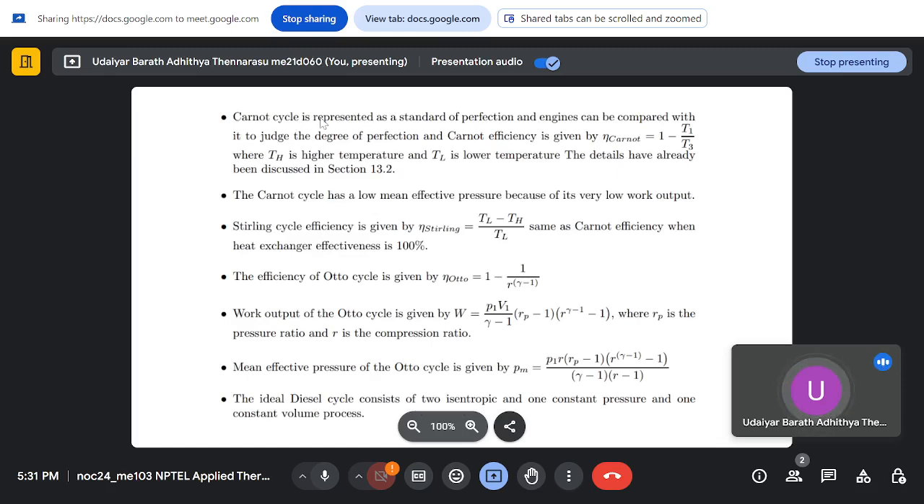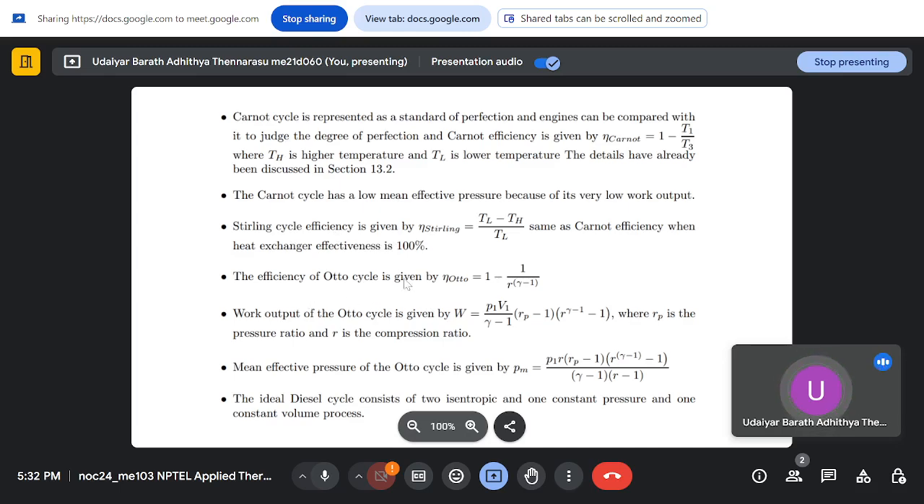So Carnot cycle is represented as the standard of perfection in engines. So that efficiency is given as 1 minus T1 by T3, so heat rejection by heat addition. The Carnot cycle has a low mean effective pressure because of its very low work output. So basically for the Carnot ideal cycle, your work output will be very less, even though efficiency is high. So Stirling cycle efficiency is given by